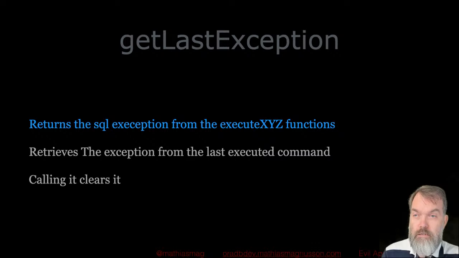And here's another one, the function get last exception. Sometimes you either just want to check if everything worked fine with your call, or you want to know exactly what the problem was. When you call this, it clears the exception. So you cannot call it twice and hope to get the same thing again. So you can't do what I tried to do the first time I used it.